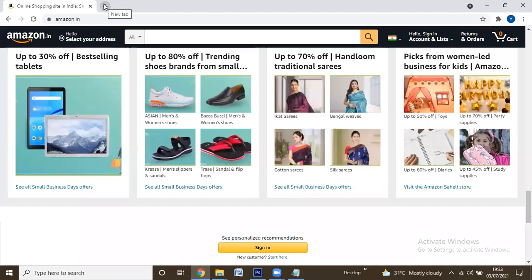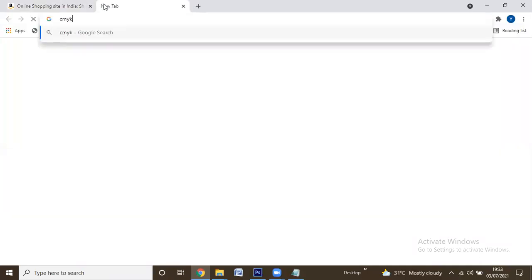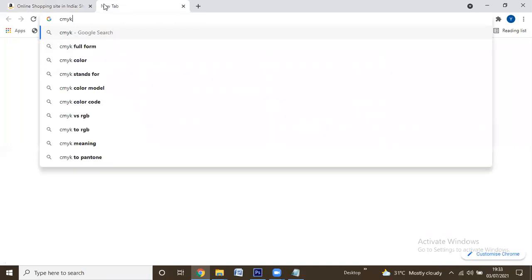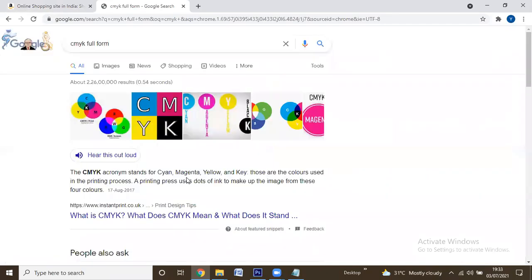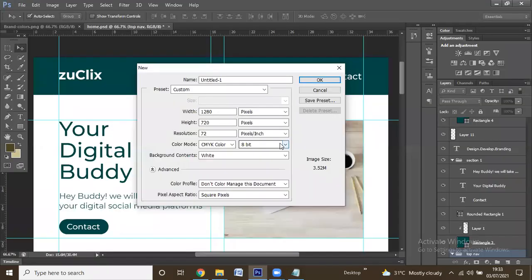I'm going to search Google. Sorry. Cyan, magenta, yellow, and key. Okay, yes. Sorry guys, I'm not that much aware, I just know the modes. It's okay, no issue, sir. Okay, thank you.